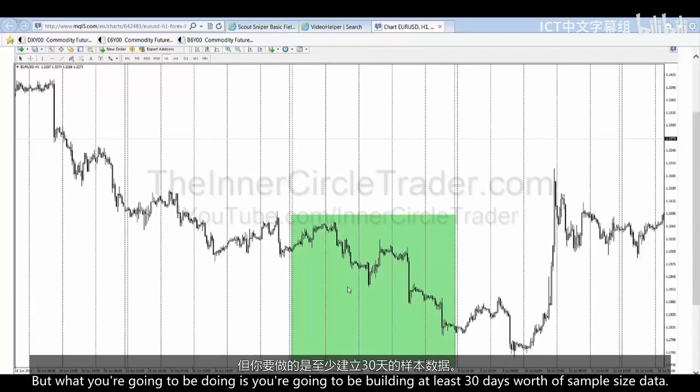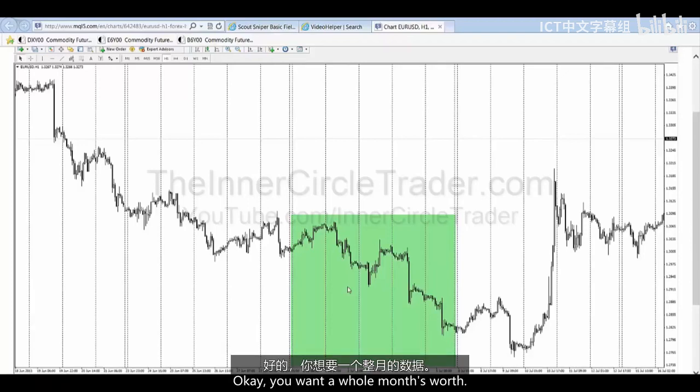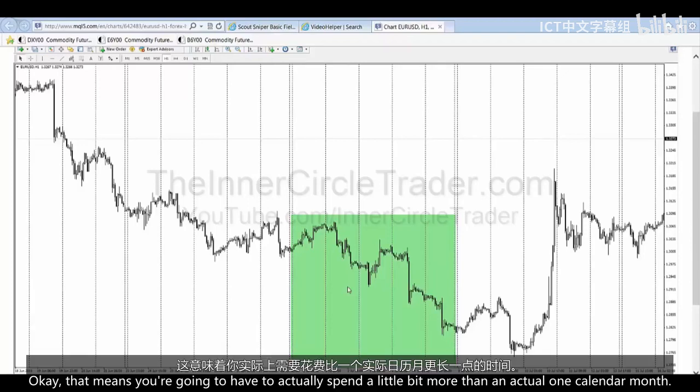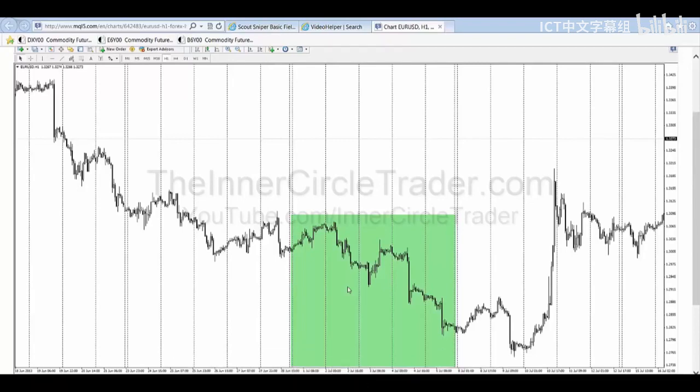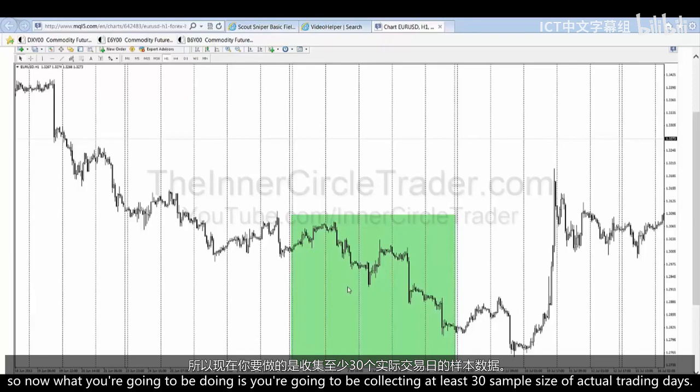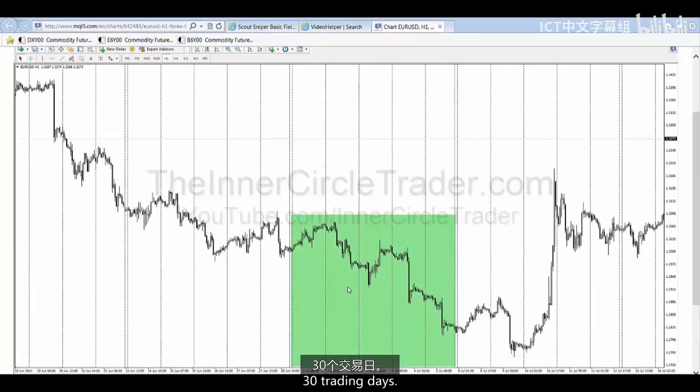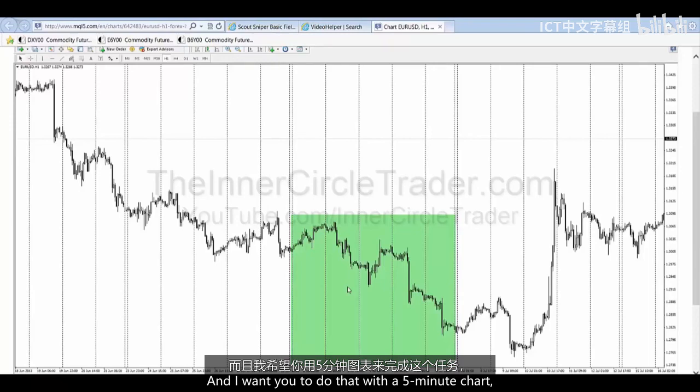What you're going to be doing is building at least 30 days worth of sample size data. You want a whole month's worth. That means you're going to have to spend a little bit more than 1 calendar month, because you don't have 30 trading days in a month. So you're going to be collecting at least 30 sample size of actual trading days, 30 trading days, and I want you to do that with a 5-minute chart,